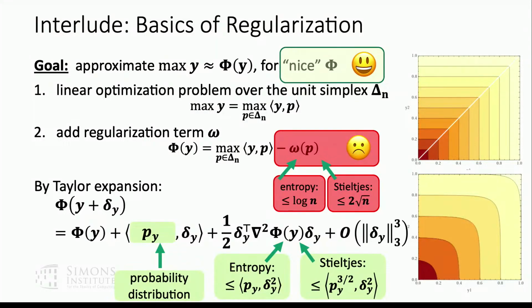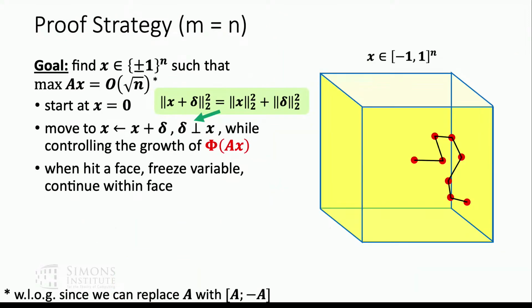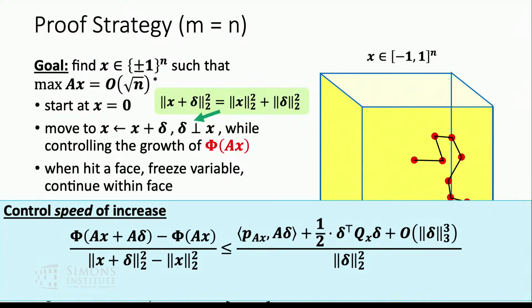Okay. So I defined the smooth approximation of max that we're going to be using. All we have left to do now is to control the speed of increase of our regularized maximum phi. So basically, what we're going to try to do,